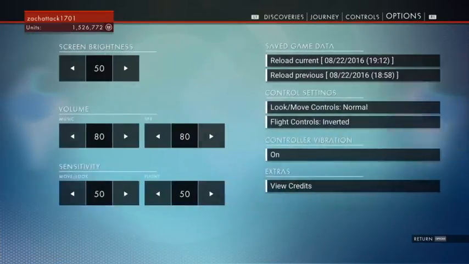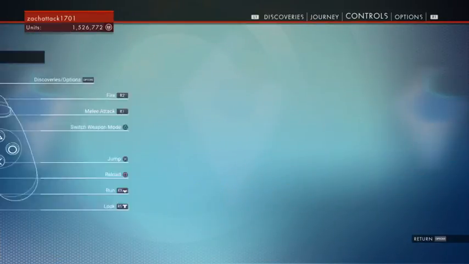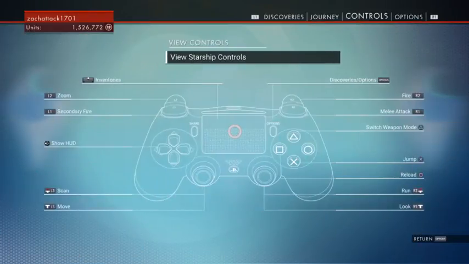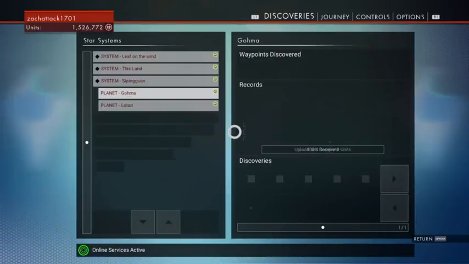I don't know, that's the rest of the controls and stuff. I don't need that. Wait, what was that? Oh, Extras, view credits, read differently in my head there for a second. Anyway,